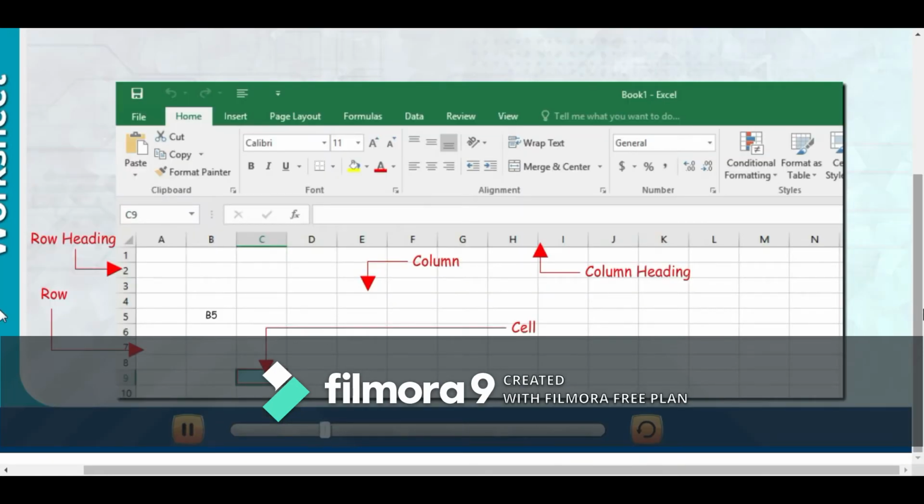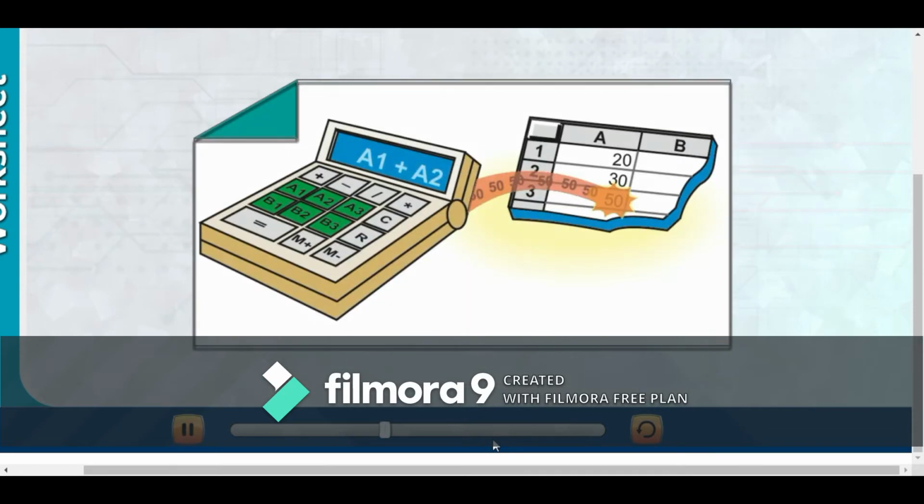Here is your column heading and this is the row heading, this is a row and this one is your active cell, and this is a column. The total number of columns is 16384 and the total number of rows is 1048576 in a worksheet.